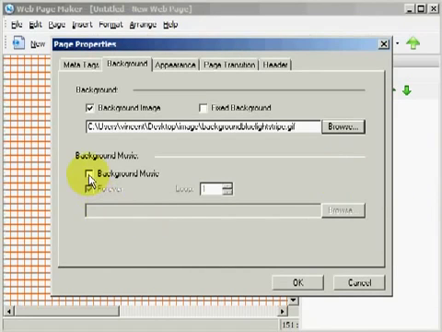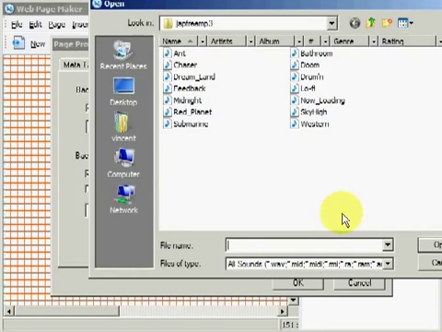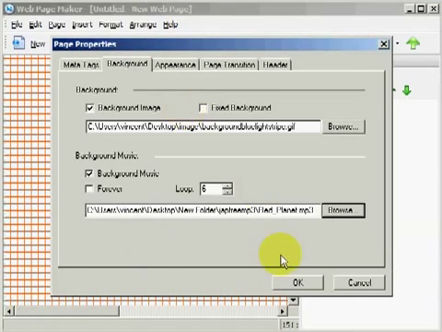Next thing we could do is add background music to our page, and you really don't want to do that. It's just something that people don't do, and they don't like to listen to music unless they can turn it on and off. So unless you have something to do with music, don't use this, but we'll go ahead and show you how this works. We'll go ahead and check mark that. And this makes it so that it will continue play or loop over and over again. If we uncheck that, we can make it so it loops a specific number of times, such as, let's say, 6 times here. And then we're going to find some audio, hit Browse, and double click here, hit OK,